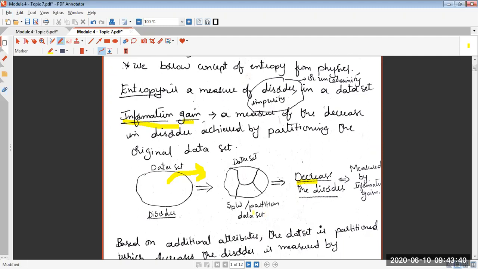The bottom line here is I'll go slowly and in a systematic fashion, because as I already messaged you in the group, it's a bit complex. This particular aspect of decision trees is very challenging and complex. We can conquer this complexity only if we progress iteratively, step by step, in a slow fashion. We should not hurry. Then definitely we can conquer the complexity and ensure we have understood this.